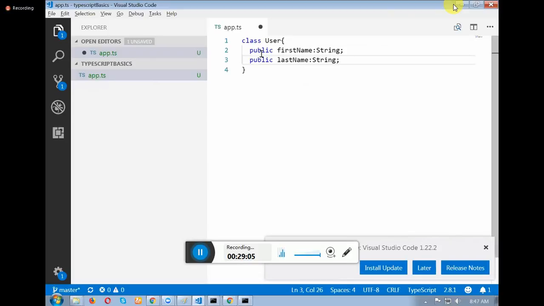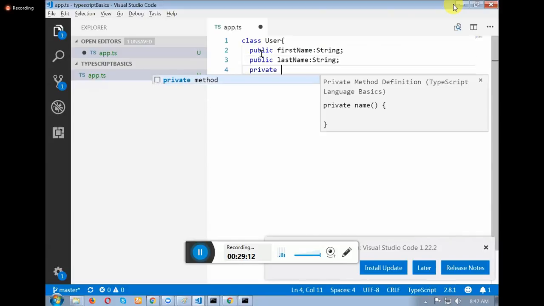Can a class have private properties or not? Private.